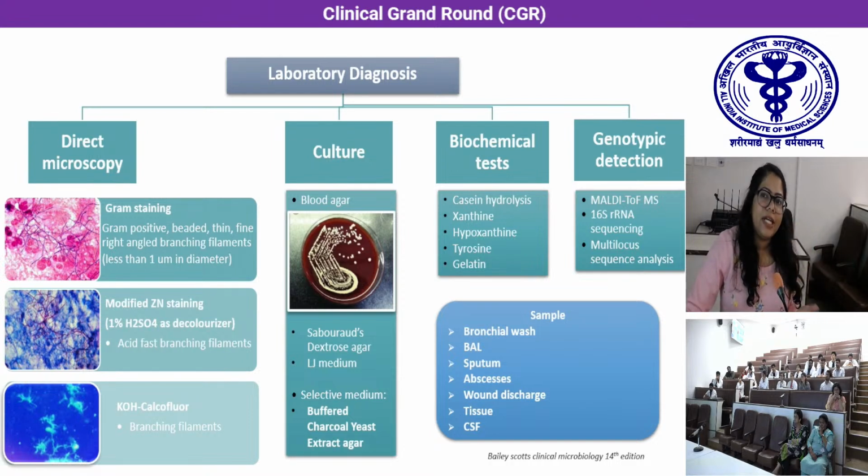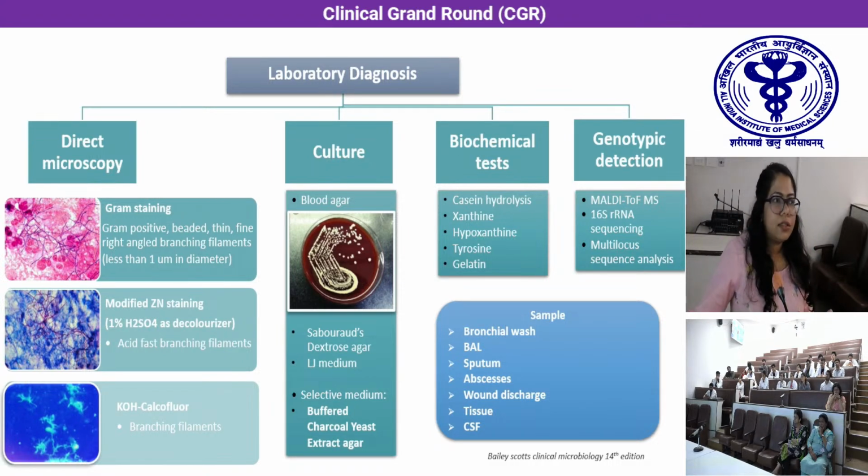In the lab, we have also seen that since the presentation of pulmonary nocardiosis is very non-specific, even though there was no clinical suspicion among such patients, since we routinely perform KOH calcofluor mount for all the pulmonary specimens, we were able to pick up branching filamentous structures which are fluorescent in the KOH calcofluor mount microscopy. This was further followed up by modified Kinyoun staining, and we were able to diagnose these Nocardia cases.